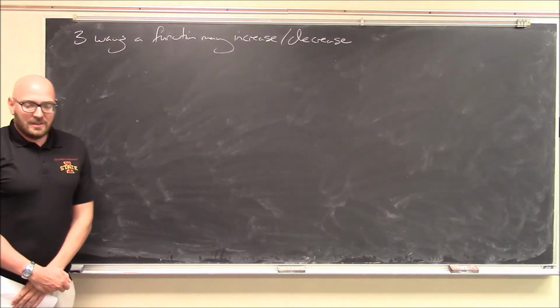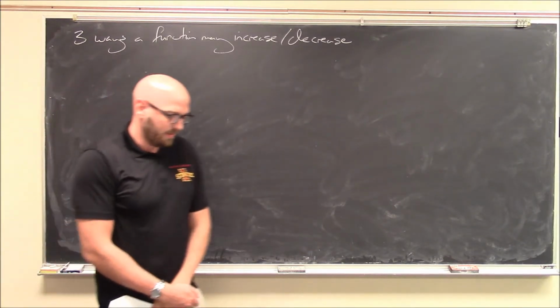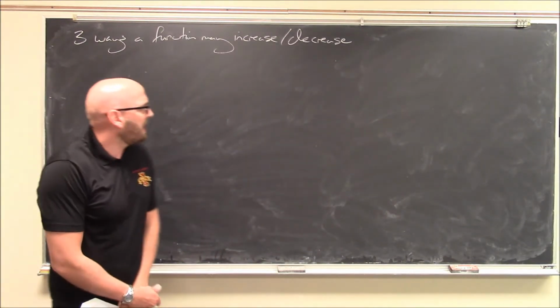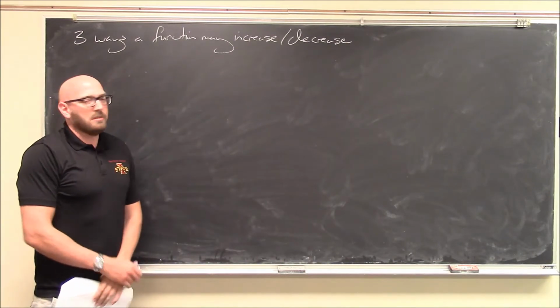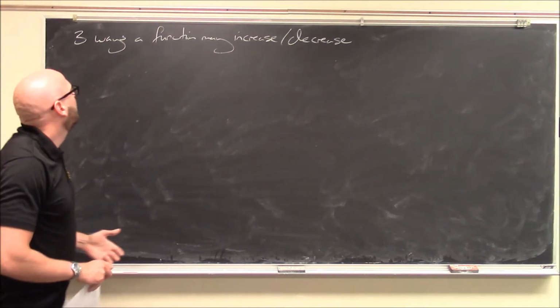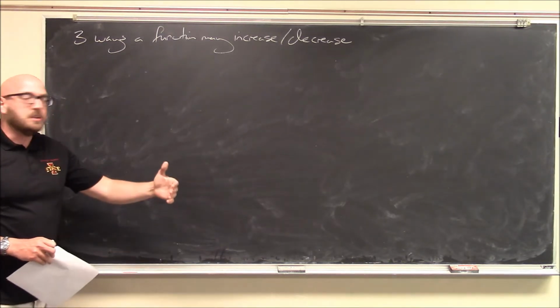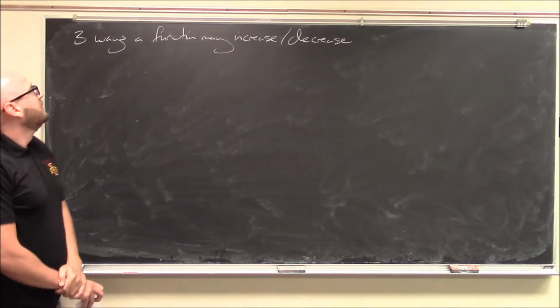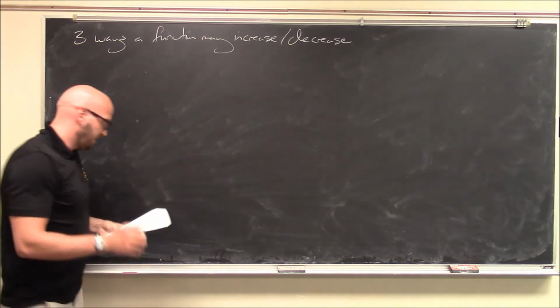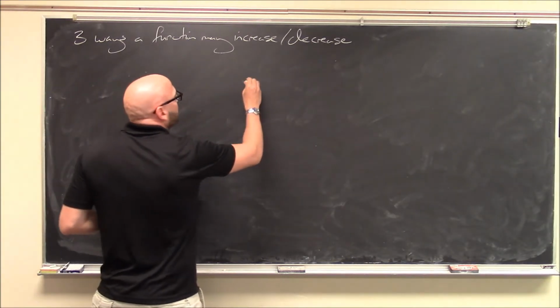So we're going to talk a little bit now about how these higher order derivatives affect the shape of a graph. And we already know the first derivative tells us about whether a function is increasing or decreasing, right? But there's actually multiple ways that a function might increase. For example, I'll put this one in the middle,